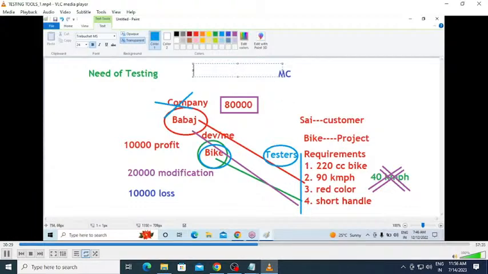In order to avoid all this, testing should be conducted on any application before it is delivered to the customer. So this is the need of testing. In order to stay in the business, to get profits, and to produce a quality product, we have to perform testing on any application. So now the tester's duty is, before it is delivered to the end user or customer, we need to